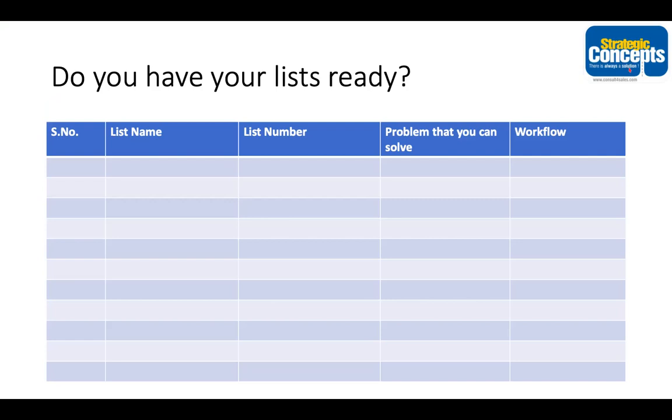So summarizing today's program, the first question that you have to ask yourself is, do you have your list ready? If not, you have to immediately start working on your list. This is the format in which you should start preparing your list. Serial number, what is the list name, which is basically the category or the silo that we're talking about. Then how many numbers, so what kind of data you have in that list. Next column is what are the problems that you can solve for these people, and then accordingly you create a workflow. And you have already seen before the kind of workflow that I have created. So this is the first question that we ask: do you have your list ready? If no, please prepare your list in this format. Having done that,